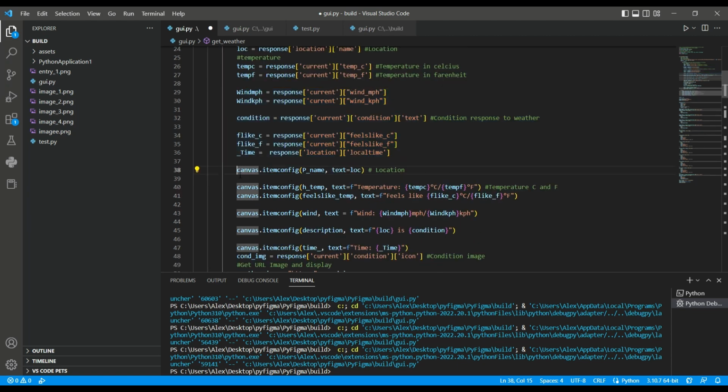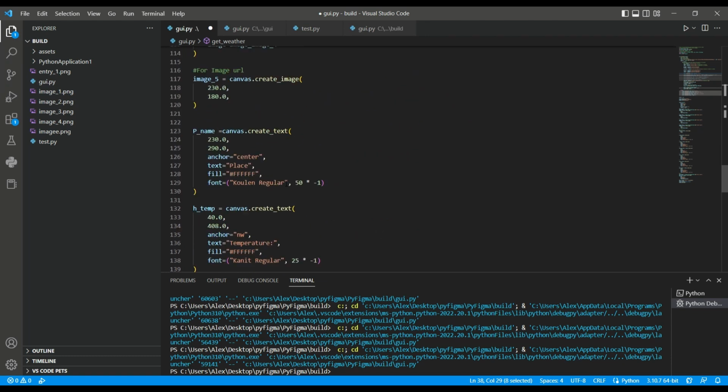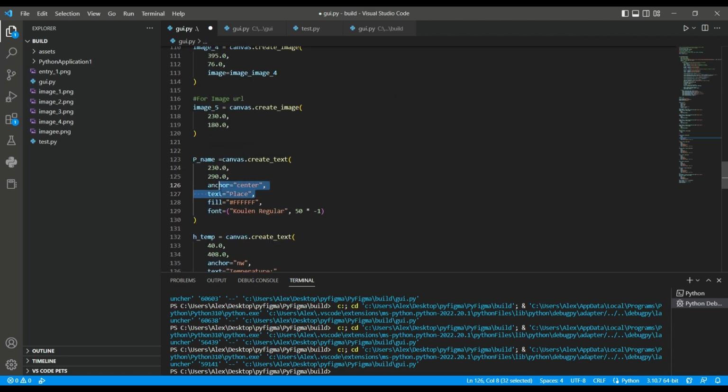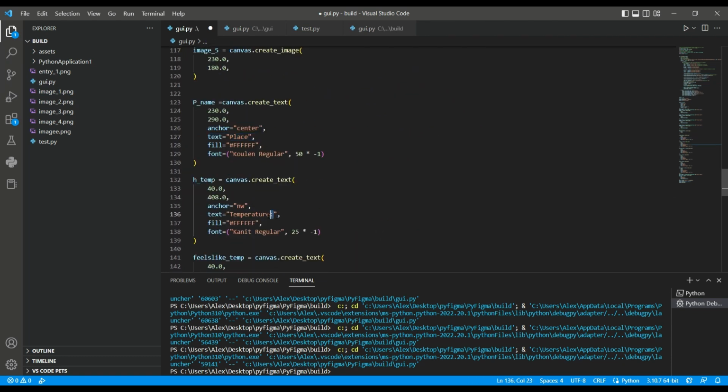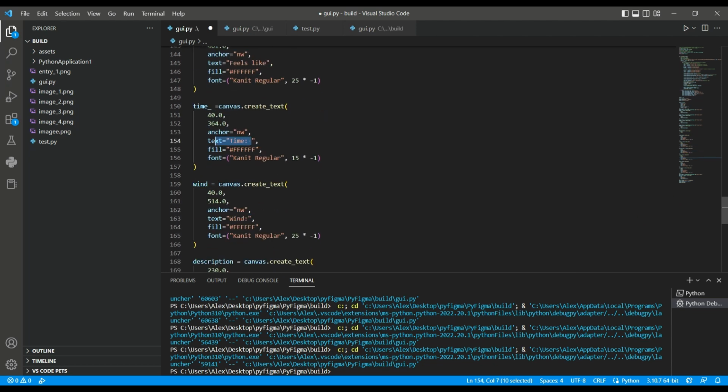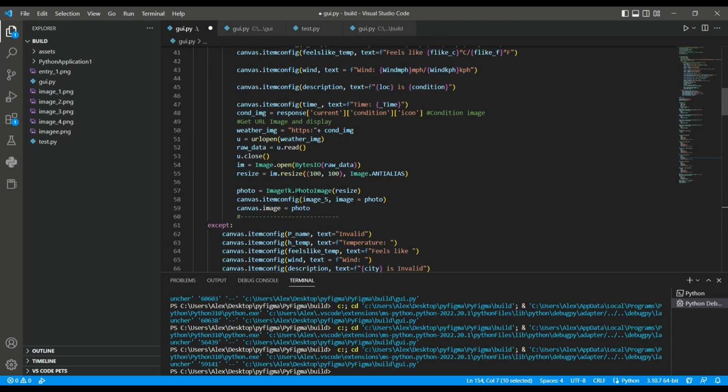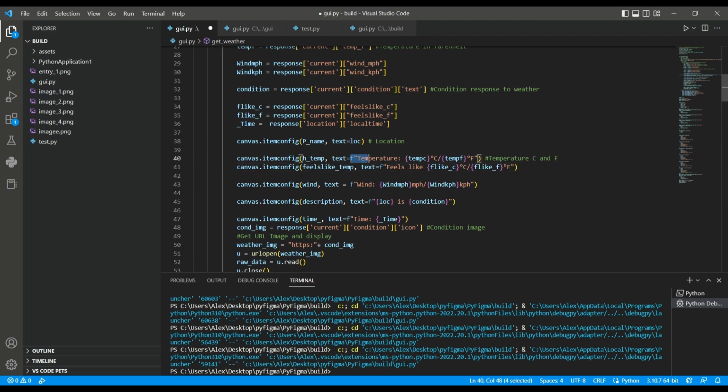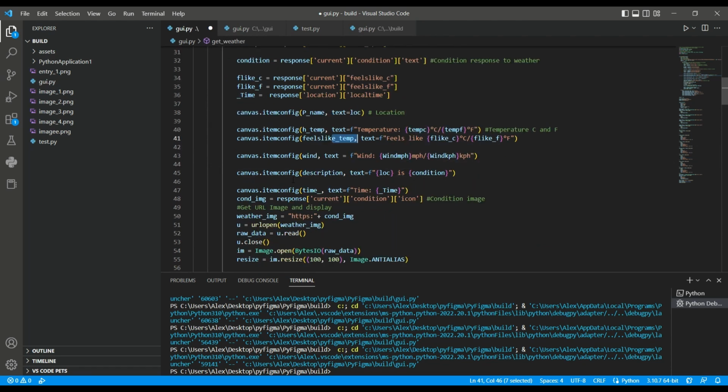For this, canvas.itemconfig to configure the default text. Here's the default text for place, temperature, feels like, time, etc. Now for the